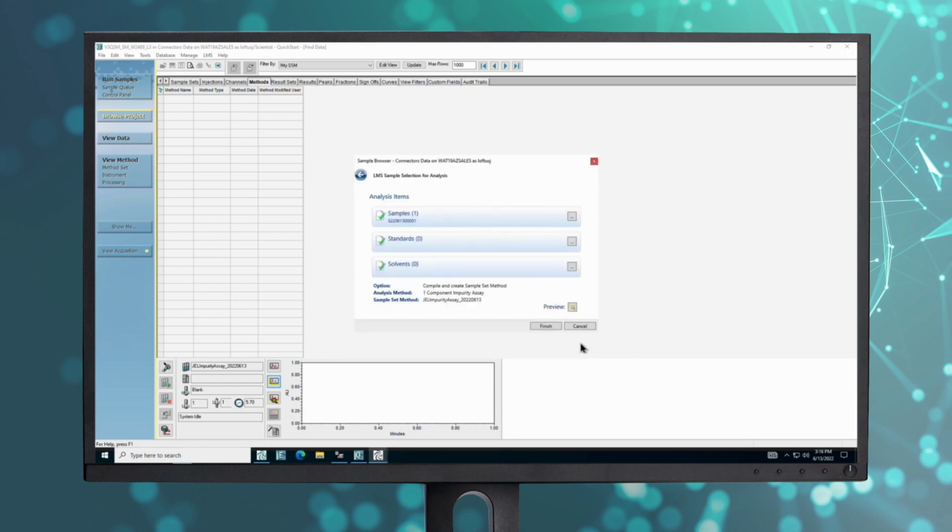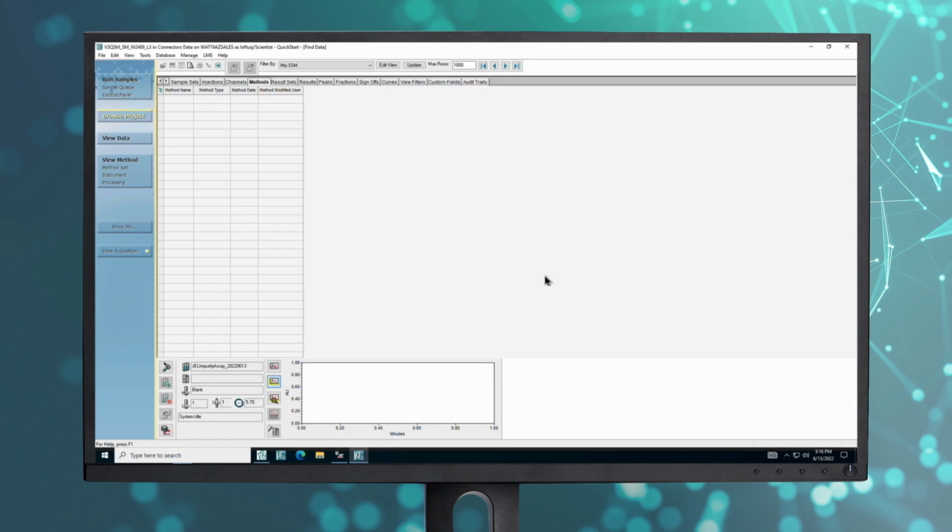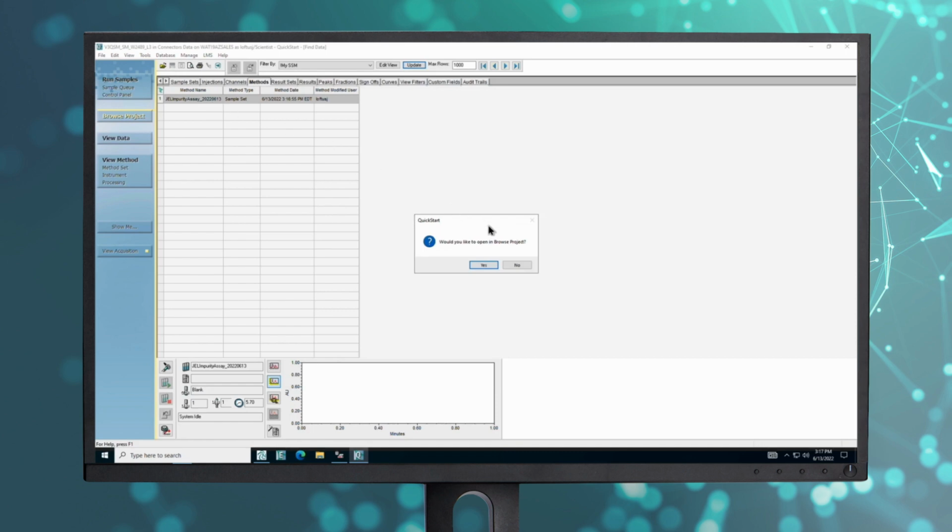If we were using the consumables feature in Empower LMS, we could optionally add some prepared standards or solvents to our sample set method. But let's assume that we are not using that feature and we will just click Finished instead. Now, if we update our review, we can see our newly created sample set method in the table. If we double-click on it, we can load that into Run Samples for submission to the sample set queue.